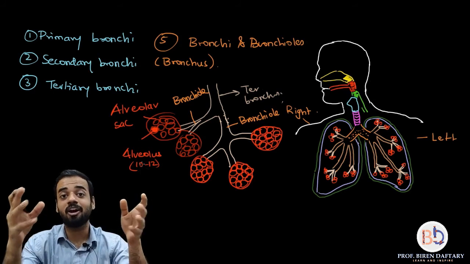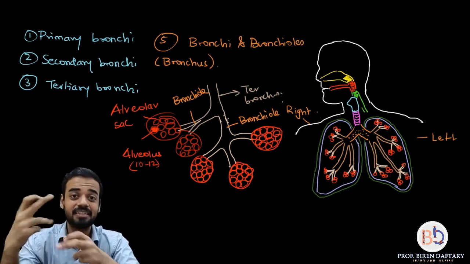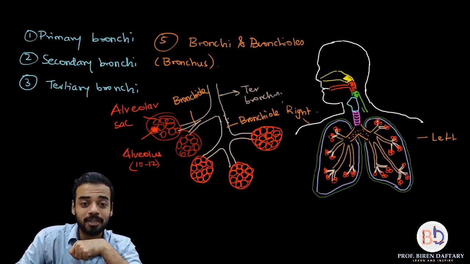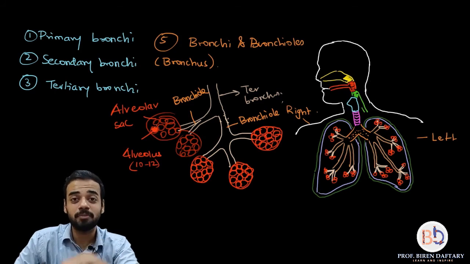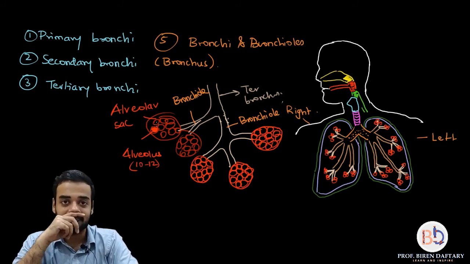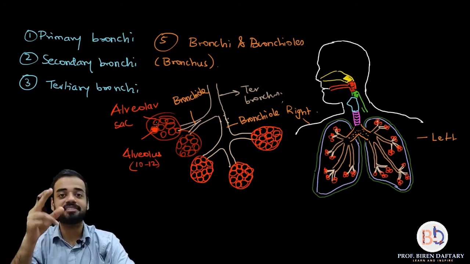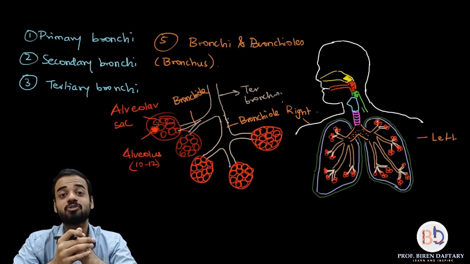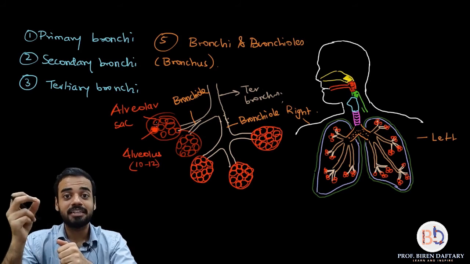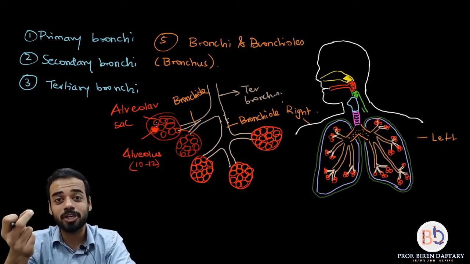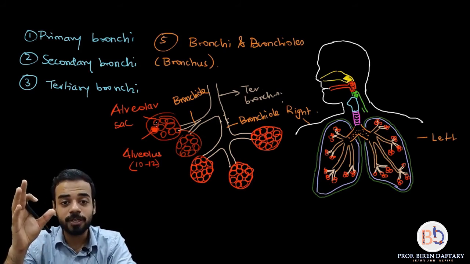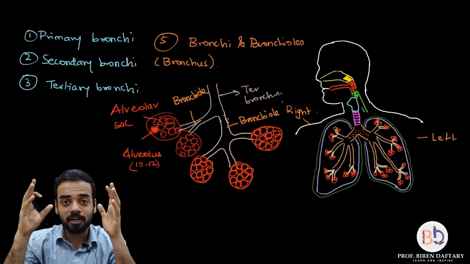Just imagine how much the respiratory system is dividing and getting smaller. By the way, the diameter of the alveolus is 0.2 millimeter. One alveolus is 0.2 millimeter in diameter. Just imagine how small that is. Now imagine if a dust particle gets trapped in that alveolus, what will happen? It is highly delicate. Now you remember the respiratory surface definition: it should be very, very thin. Just imagine 0.2 millimeters. Why? Because diffusion of gases takes place. Is this clear? So bronchi and bronchioles, is this part clear?